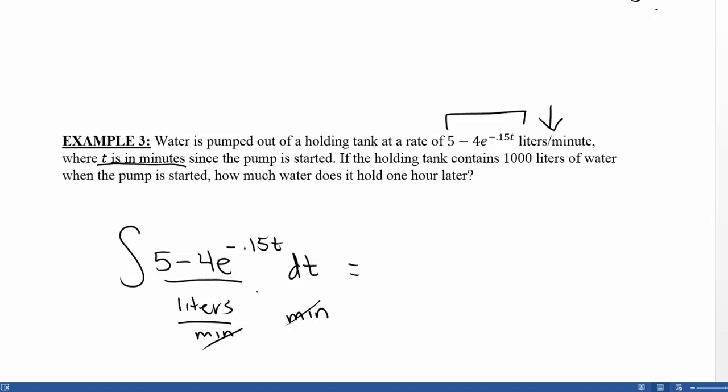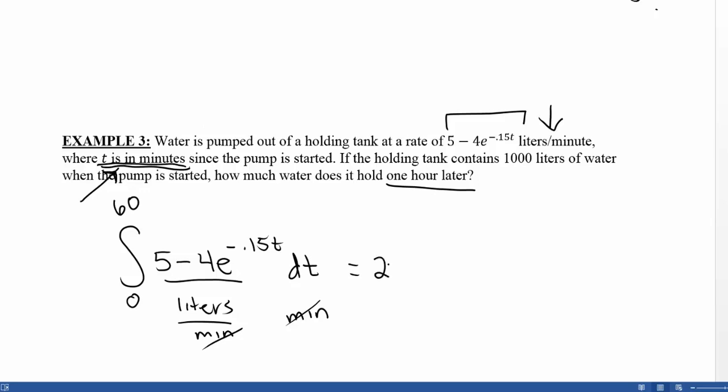Now, one of the places I need to be really careful is the question asks, how much water does it hold 1 hour later? But we said that time is in minutes. So whatever units your independent variable is in, that's what has to go on the integral bounds. So that means I need to think about how 1 hour is related to minutes. So I'm going to do this as 0 to 60, because again, this has to be in minutes since t was defined in minutes. So now I have this integral, and if I plug it all into my calculator,